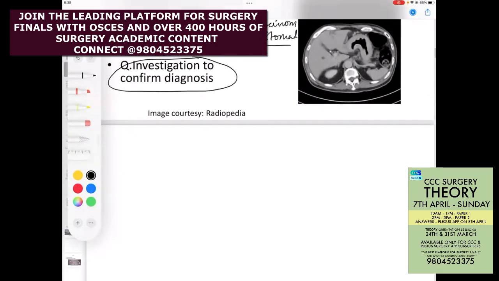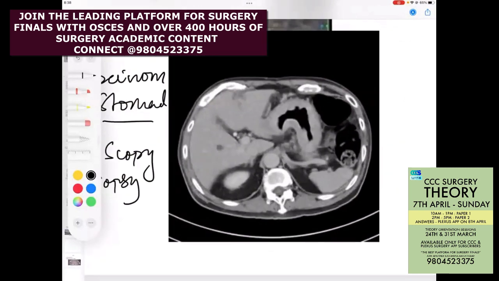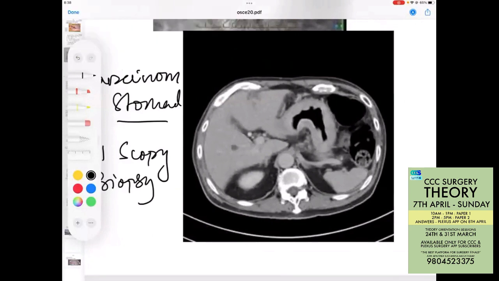Sir, upper GI scopy with biopsy. Upper GI endoscopy with biopsy. So this was a very simple one. Okay, so no doubts in this one. And I think those of you who have not appreciated what is important in this, this